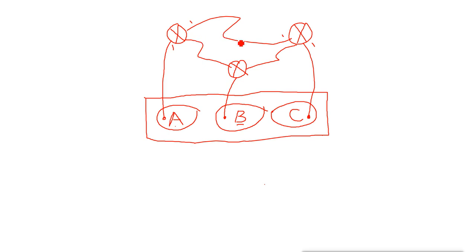So this VLAN A will do communication to B and B to C, but when they send the broadcast, the router will not forward the broadcast, it will break the broadcast. Only if VLAN A sends any mail to VLAN B or C, it will go through this router. So this is how we can do it. It's very simple and easy, but it is having a problem.